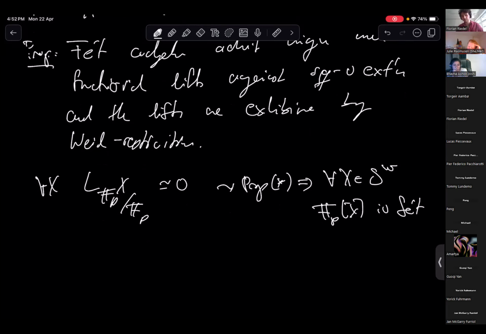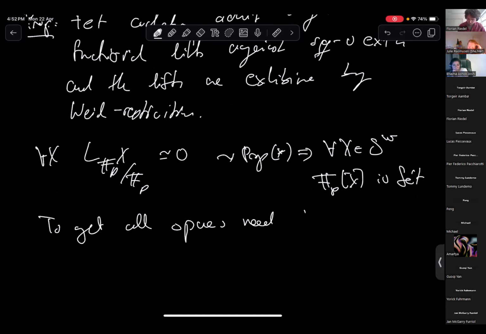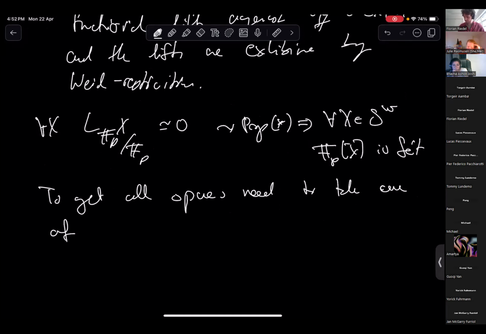And that's very nice, but certainly it should have nothing to do with compactness. The reason I say compact is that, of course, once you go to homology, you become dualizable. But this should have nothing to do with compactness, and indeed it doesn't. And this is the insight. So to get all spaces, you need to take care of Eilenberg-MacLane spaces, basically, K(V,n) for V some F_p vector space.